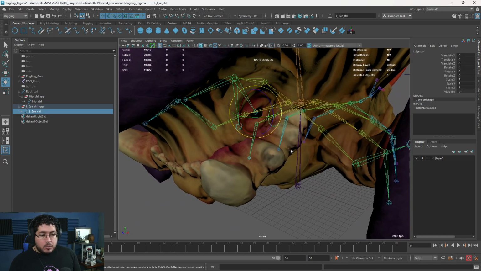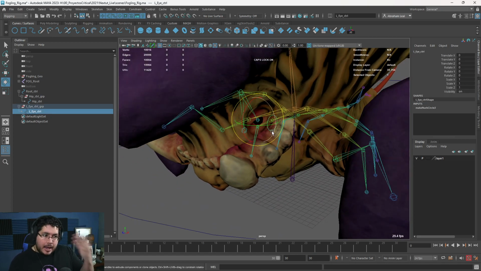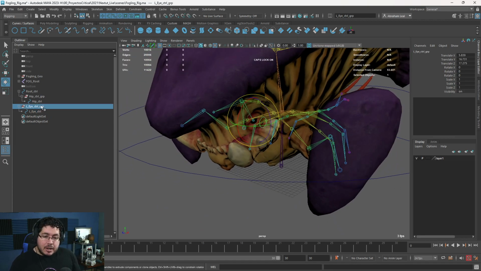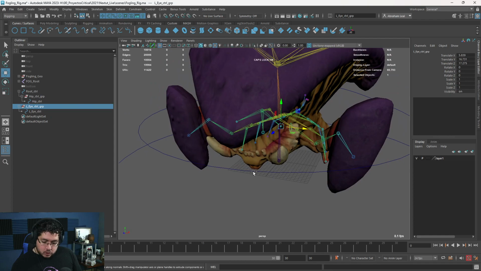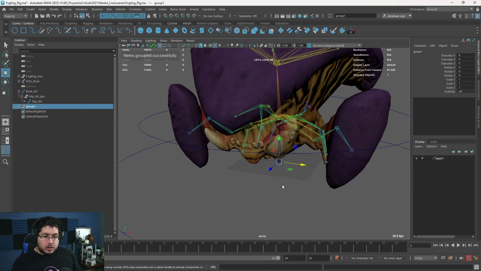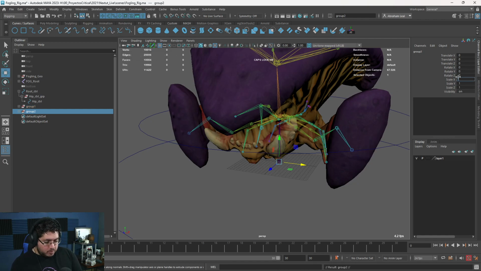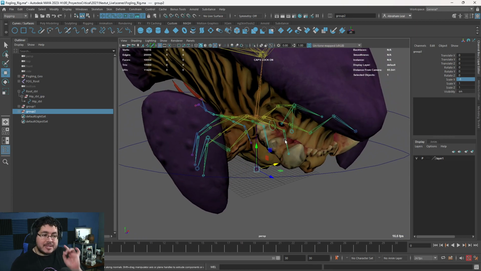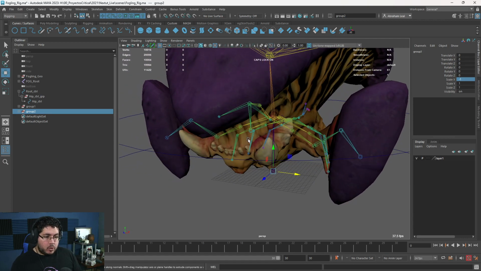One thing that I'm going to do here is I want to have this exact same curve on the other side. How can we do that? Well, we're going to mirror it, but we're going to mirror it the old-fashioned way. I'm going to grab this group right here. I'm going to press Control G to group it, and the new group is going to be on the floor. I'm going to Control D to duplicate that group, and I'm going to set this group to -1 on X. And as you can see, it's going to be right here. This is important because this mirrors the behavior in a similar way to what we saw in the last video, where things were moving in a slightly different way.